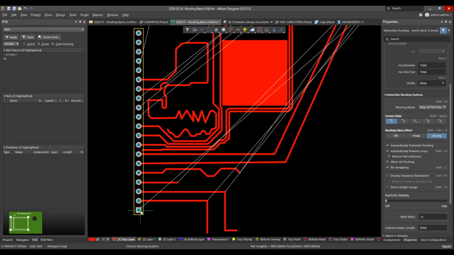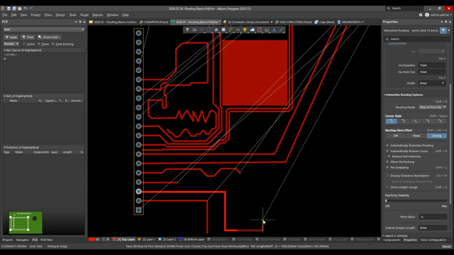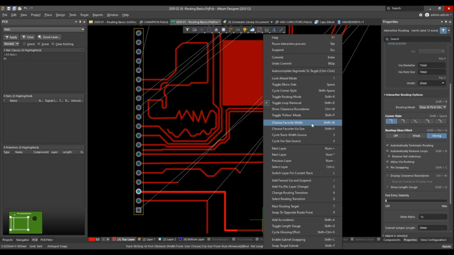So a neat feature that they've got in there. All right, let's start another route. I'll start over here and let's hit our tilde key again. All right, we're going to talk about the vias here in just a moment. I wish they put the shift via and the 4 down here because this whole area talks about vias. But the two other things I'll talk about with the trace before we get there are the shift W and